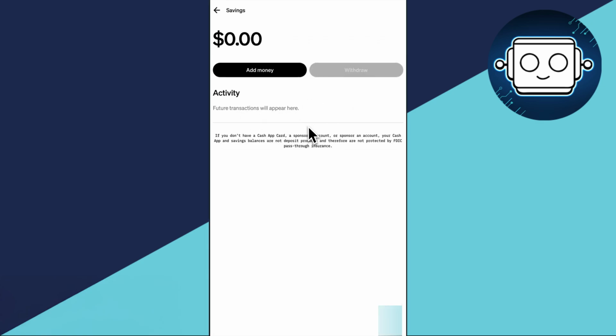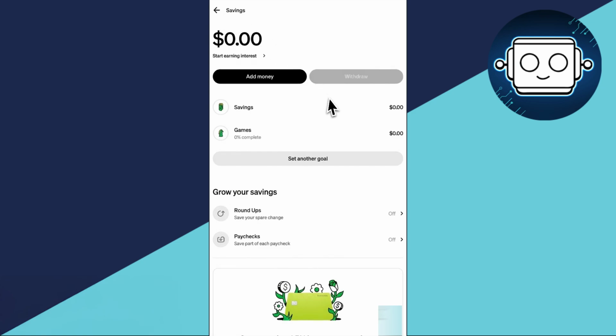Once you're in the savings area and you see your available balance, the next step is very simple. Tap on the Withdraw option. If you have enough funds saved from your roundups, you'll be able to move that money directly into your main Cash App balance. After transferring, the money becomes instantly available for you to send, spend, or cash out to your